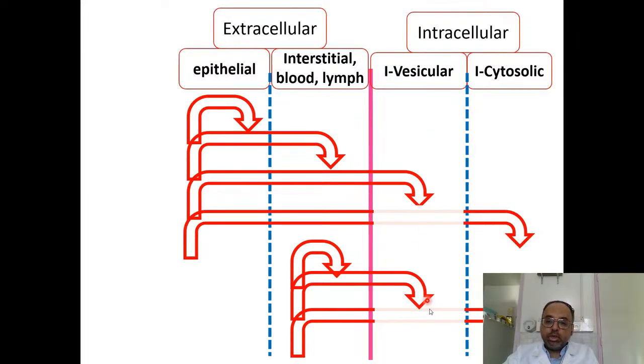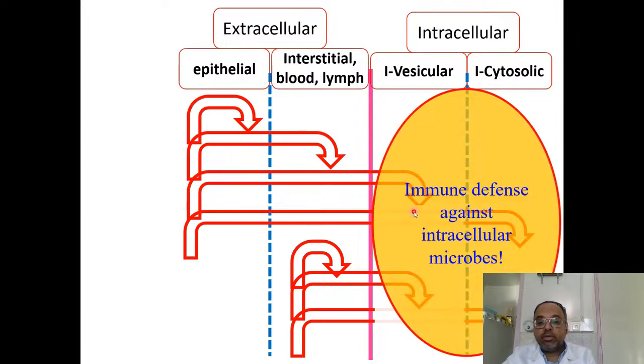So for intravesicular, the pathogens which are in here can be divided to two types. One group of the pathogens are the ones that get inside vesicles as a part of their life cycle. So they want to be there, they like it there. That's where they proliferate, like mycobacteria. We also have another group of pathogens which normally don't live inside vesicles, but out of bad luck, they get phagocytosed. So these are usually extracellular pathogens, but sometimes they get phagocytosed and they die inside vesicles. So let's see what happens for them.